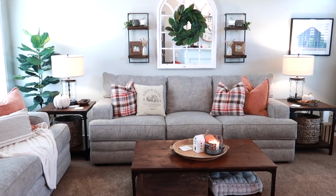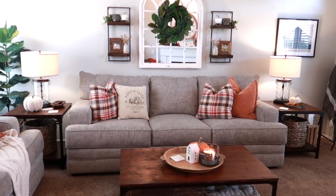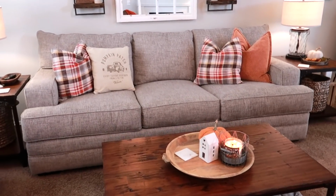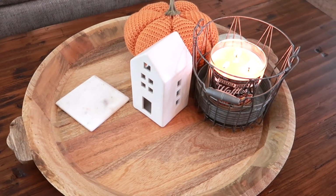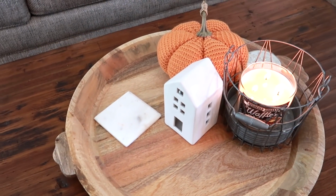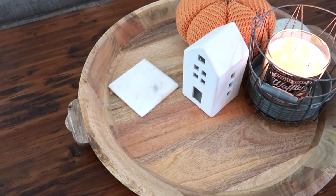I did add a new tray to our coffee table because I stole the other one that I was using out here, which I will share with you shortly. But this one is from the Hearth and Hand line at Target, and I am obsessed with it mainly because it's so huge. It is a great size. We like to put a lot of things on our tray. We usually have lots of remotes and coasters and drinks, and so this is the perfect size for this